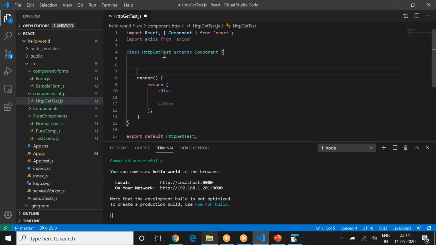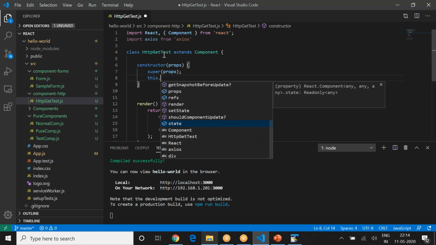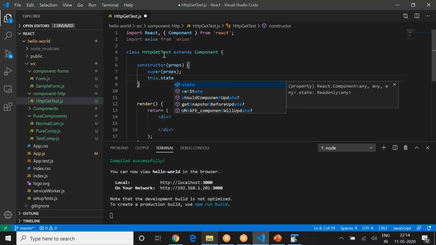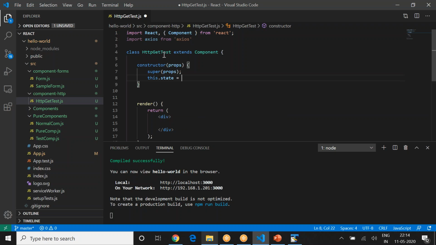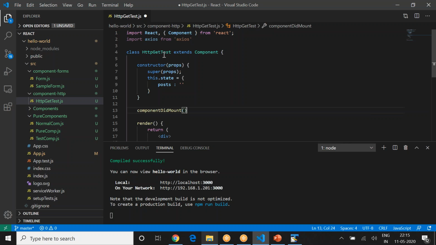That does make sense. Okay, anyway, so CONS, that is constructor, add that constructor, this dot state, and then you specify the state here and add post, colon, empty string. As of now, don't add anything in there. We are cool with that. Where exactly can you put an HTTP call? So the best method to put that, as we learned, is componentDidMount. Correct? So this is the method we need to implement.